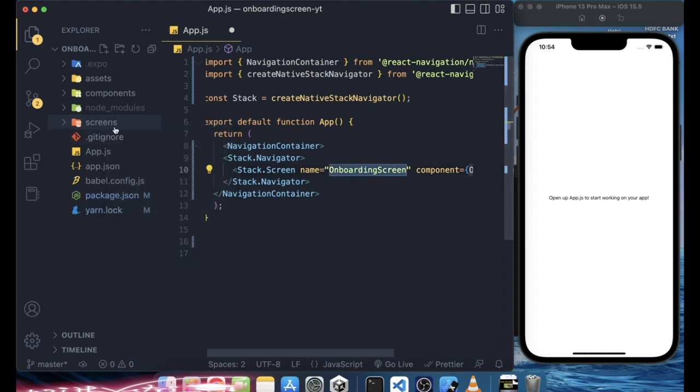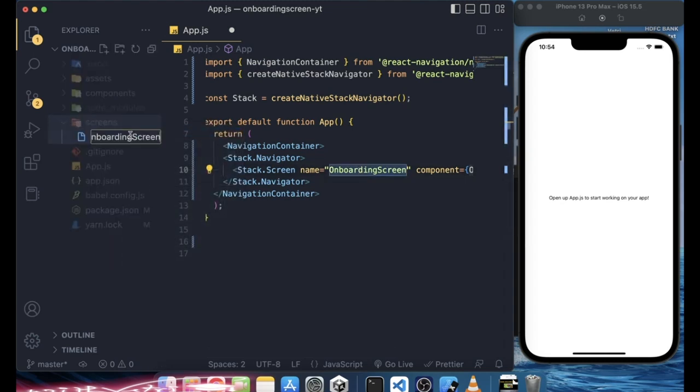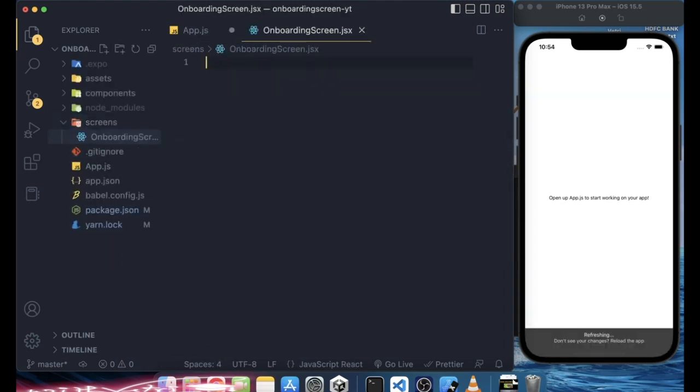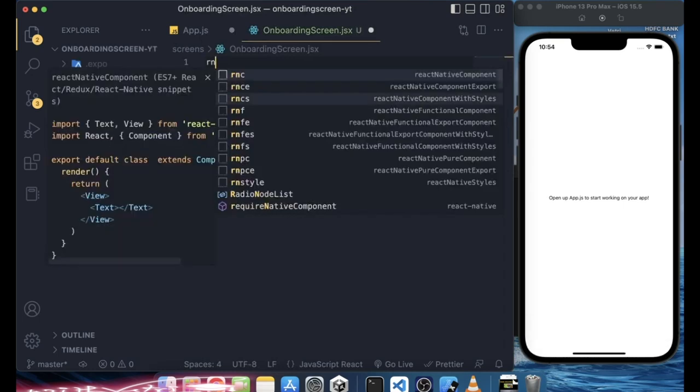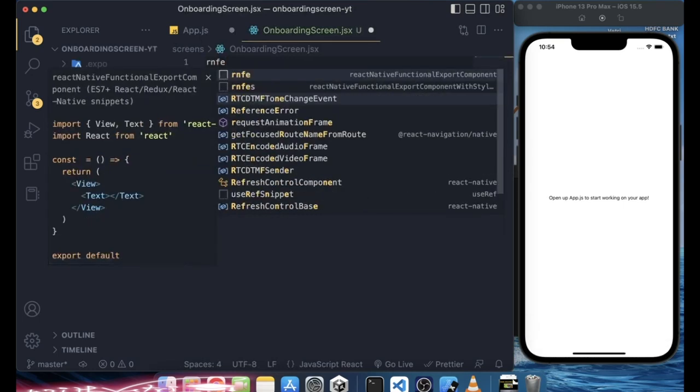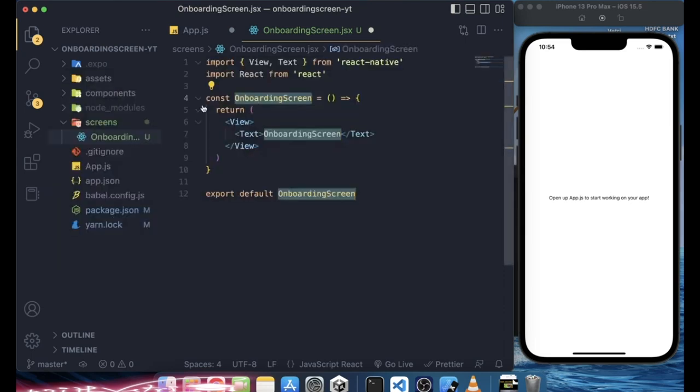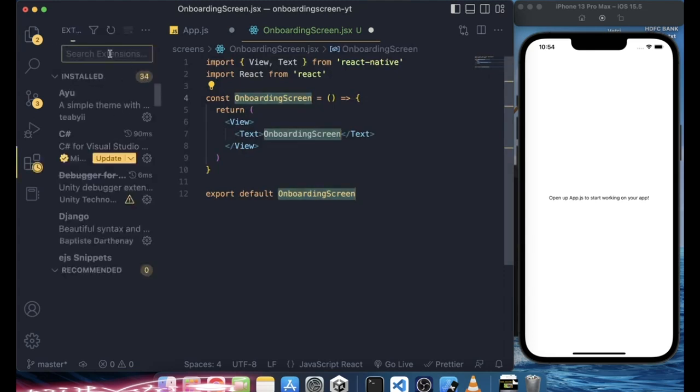Let me copy this name and let me create a new file over here, screen.jsx, and we need to use the RNFE, that means a React Native function export component for your React Native. If you don't know what exactly it is, you just need to install an extension. Go to the extension tab over here and search for